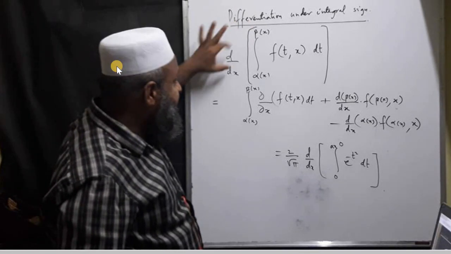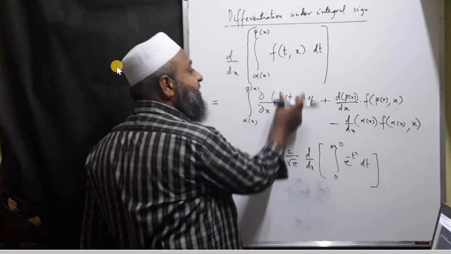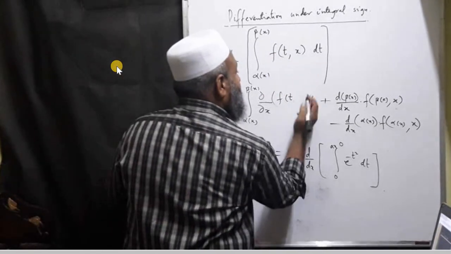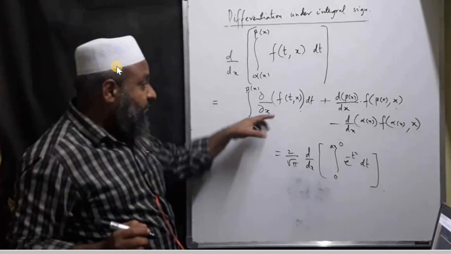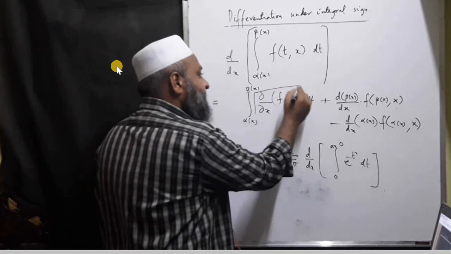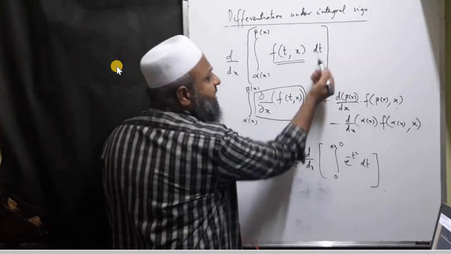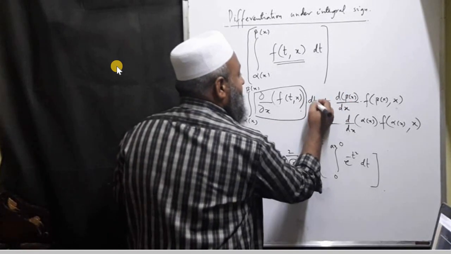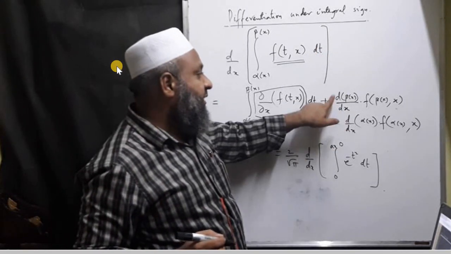This result is first sending this d by dx inside, becoming dou by dou x, means we are partially differentiating this function. So this complete is nothing but the partial derivative of this function with respect to x. Again that integration with the same variable dt, but here upper limit minus lower limit. That way you remember derivatives will appear.